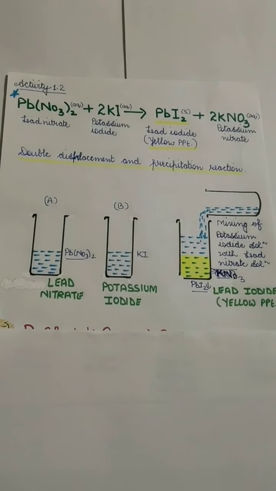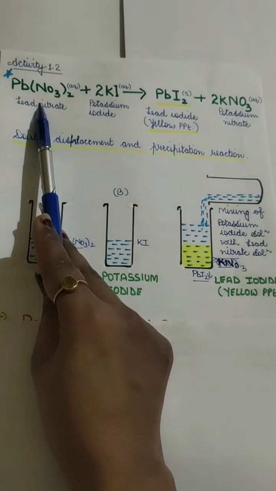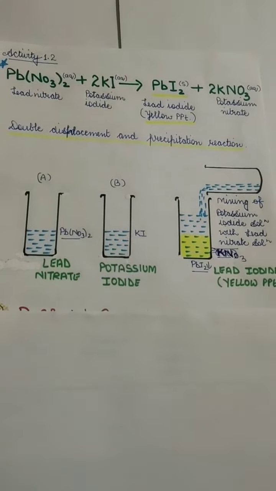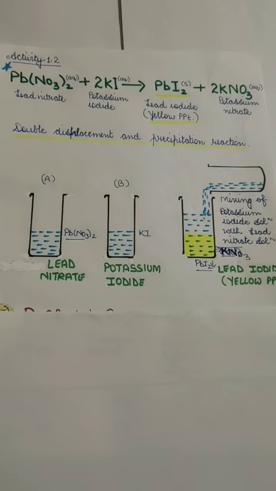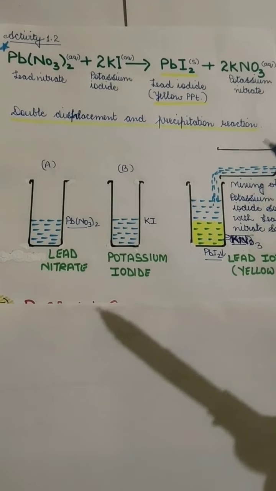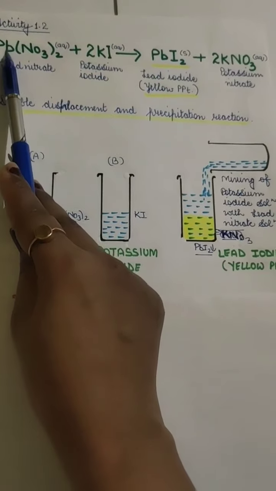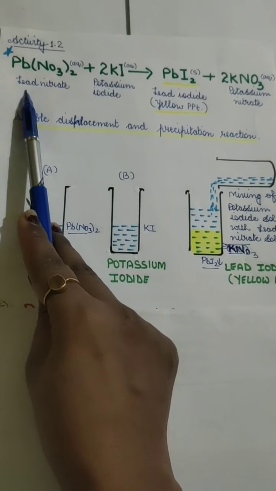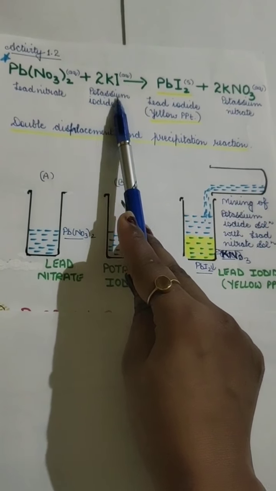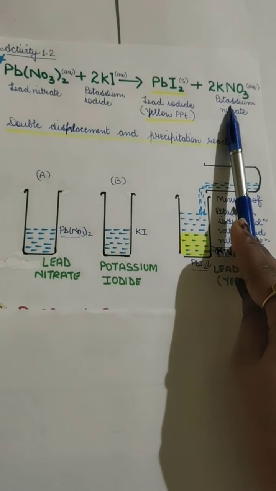Again, please take a look at this reaction, that is Pb(NO3)2. This reaction is not given in your book, it is just an activity, so you have to write the reaction on your own. Here I've helped you out with the reaction, and this is a question which almost comes every time. I have seen this question coming many times in the board exam, may it be of 1 mark or more than that. So it is Pb(NO3)2. Just make sure that it is lead nitrate solution in aqueous form, which will react with potassium iodide, giving lead iodide yellow precipitate and potassium nitrate solution.